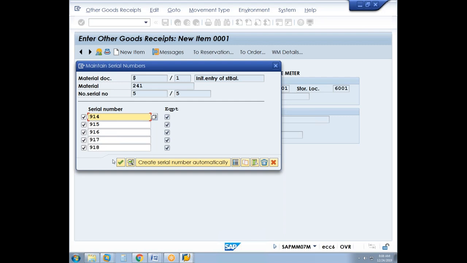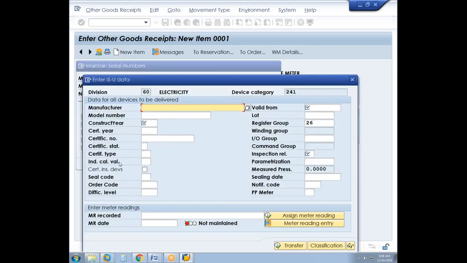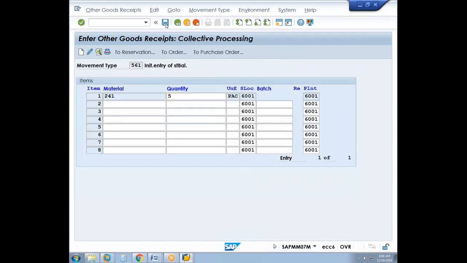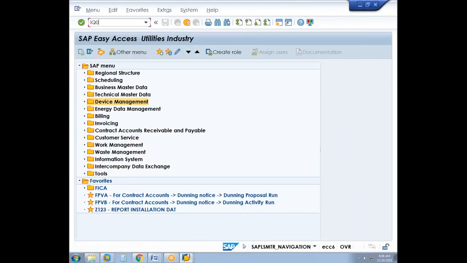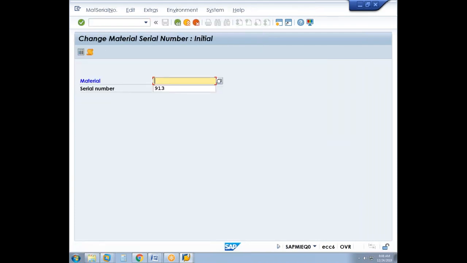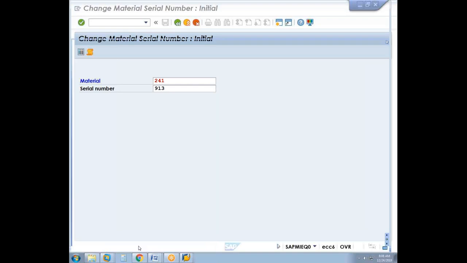These are the serial numbers created, and also the equipment number. Now because the category is I, it will again ask you to fill in all this data. That means we are maintaining data for ISC equipment, and then transfer, and then save it. So now if you go to IQ02, and then 241 is the material number, and our serial number here is